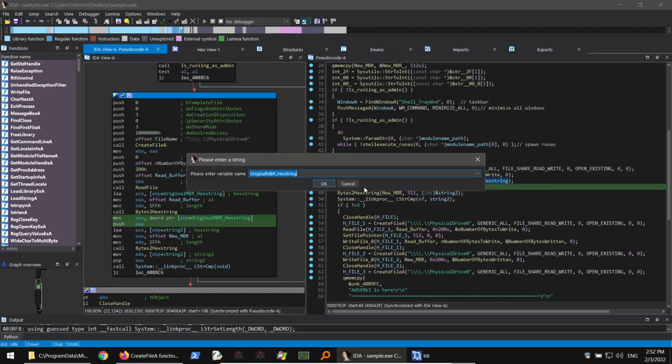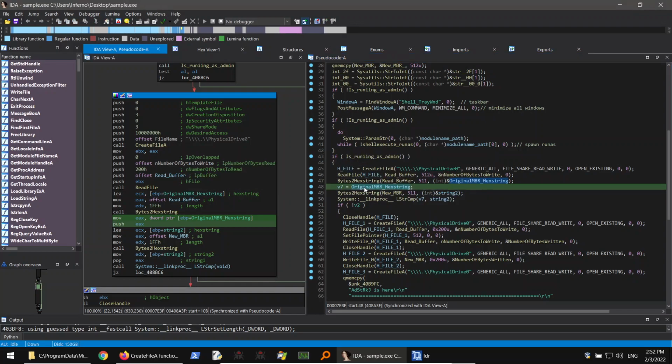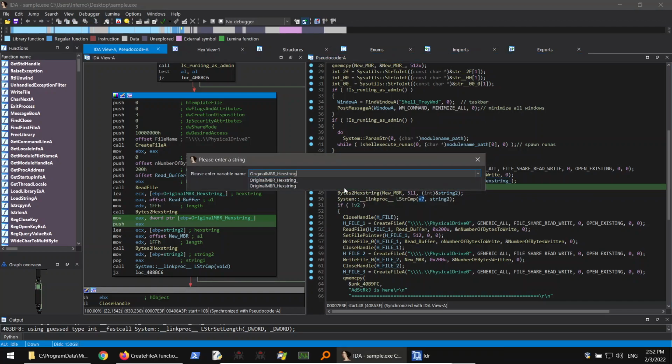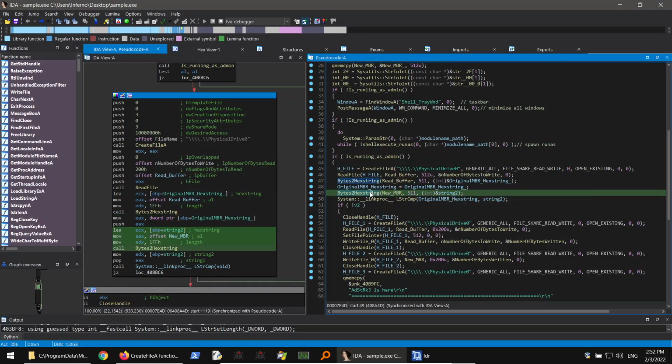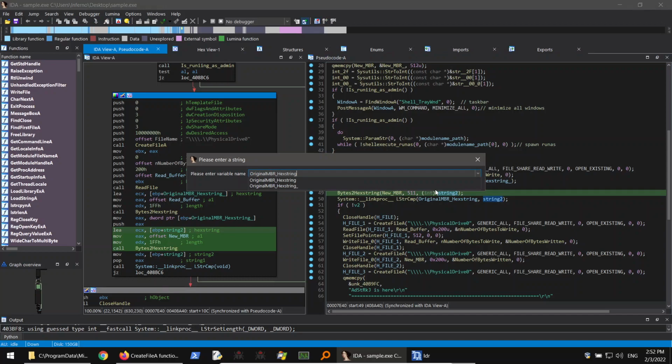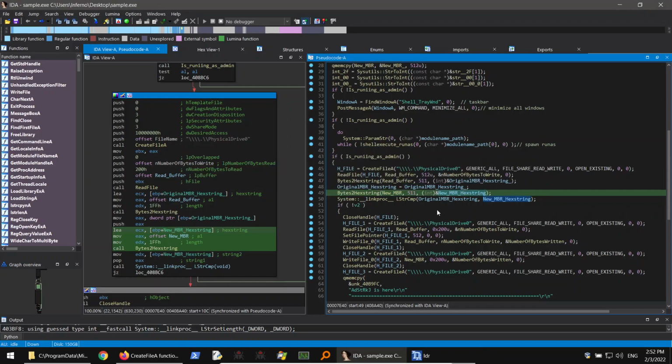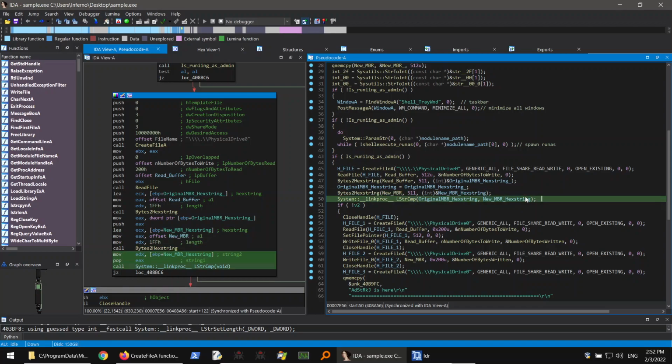So we can just do it like this, underscore okay, and here rename it like this. And here it just calls it again, but now it converts the infected MBR to another hex string. So we can rename it again, but this one will be a new MBR. And string compare. So it's quite obvious what this function is doing. It just makes sure that the